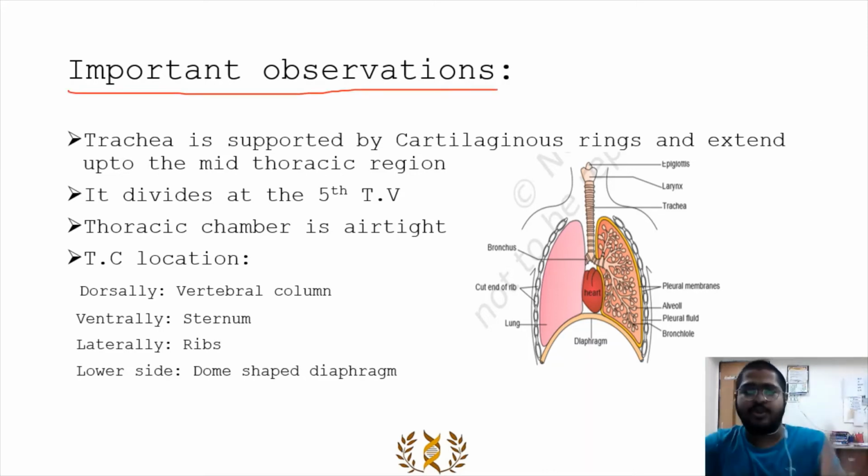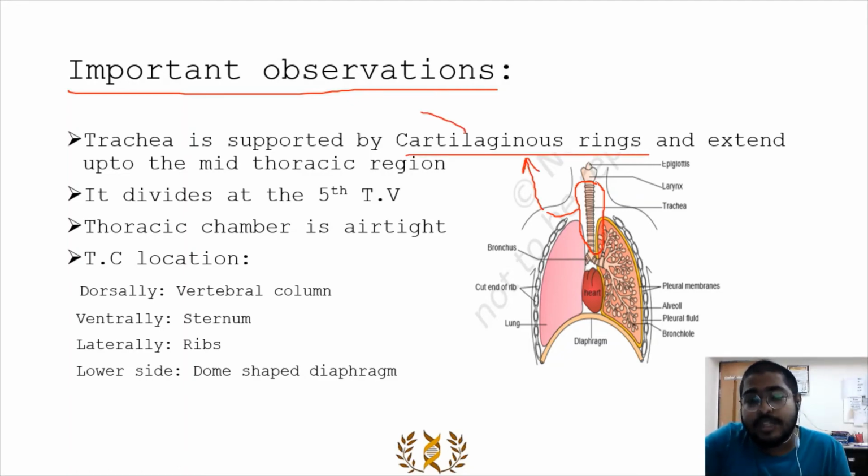Okay, so now we'll be discussing some of the important observations from the last diagram. It is the same diagram, the whole lung structure. In the last one, we saw the epiglottis and the glottis and then the larynx and the pharynx. And now we will be moving down to the trachea, the windpipe. So the trachea, as you can see, has these ring-like structures, which are called cartilaginous rings. And what do they do? They help in supporting the trachea to maintain its structure. There are various types of gases which go into the trachea, and the trachea can collapse anytime. But the structure which helps it stand and do its function is the cartilaginous rings.